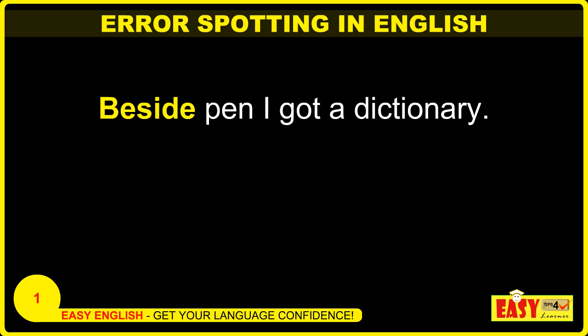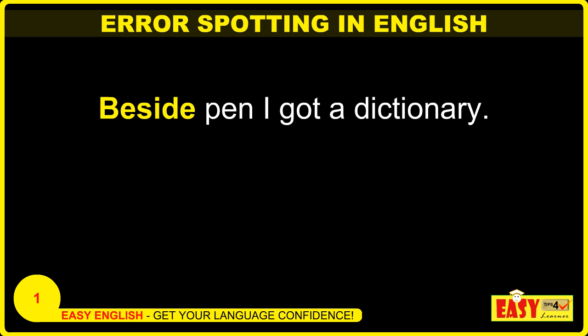Look at the next sentence. Beside pen, I got a dictionary. When you just look at the sentence, it normally appears that the particular person got a pen and a dictionary, right? So that should be the meaning. Actually, what is the purpose of beside there? You need to analyze that. Beside pen, I got a dictionary. The beside here denotes the direction. So why do you speak about a direction? You are talking about a pen and a dictionary. So in this sentence, the usage of direction is quite absurd.